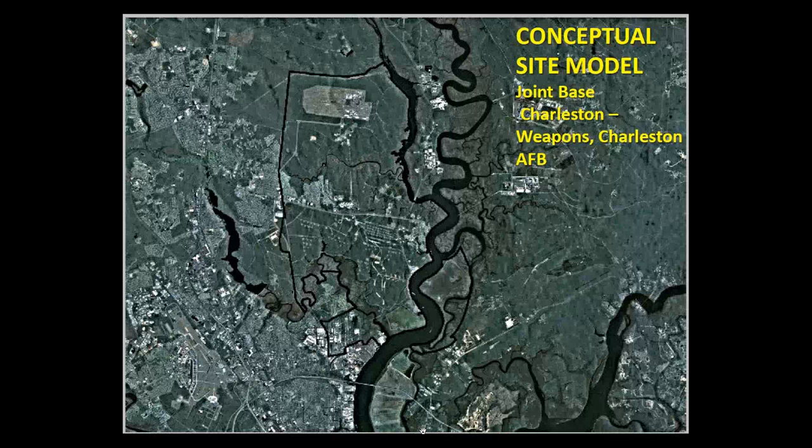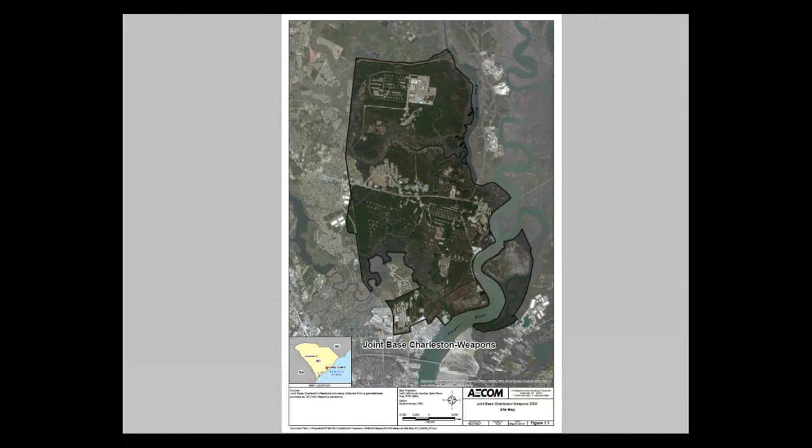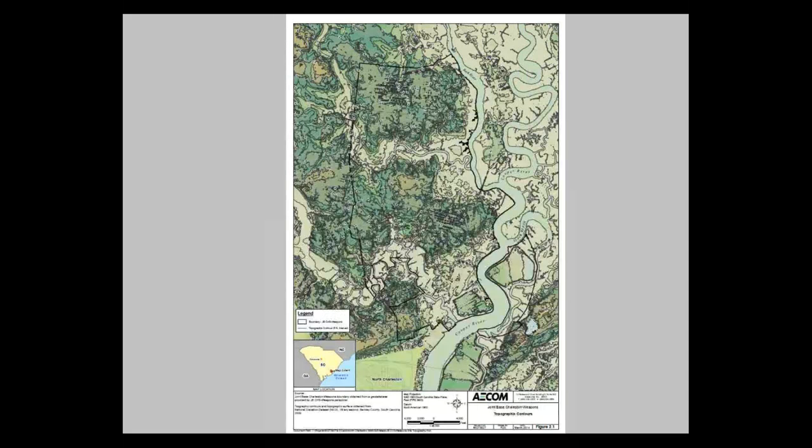And I'll show you another picture here, a little bit of a topo map. Well, that just shows the surrounding area and the location of it. And actually, you can see a piece of property on the other side of the river. We didn't investigate that so much. And then here's the topo map. I might mention that this particular facility cuts across 2 counties in South Carolina, Charleston and Berkeley counties.